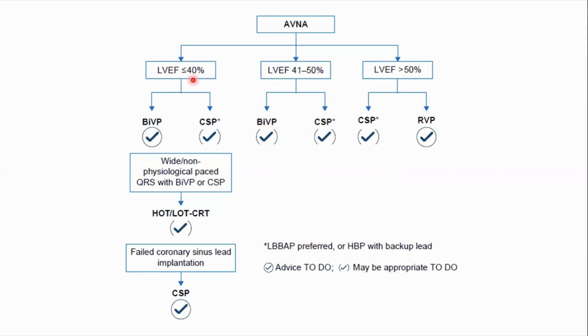If the ejection fraction is less than 40%, BiV pacing is still the best option. So 40% BiV pacing, more than 40%, always think of conduction system pacing. And also, there's an emphasis on the possibility of hot and locked CRT. The problem with hot and locked CRT is that the evidence on it currently is very scarce. So in the future, it's expected that most patients will have a conduction system pacing or hot and locked CRT,